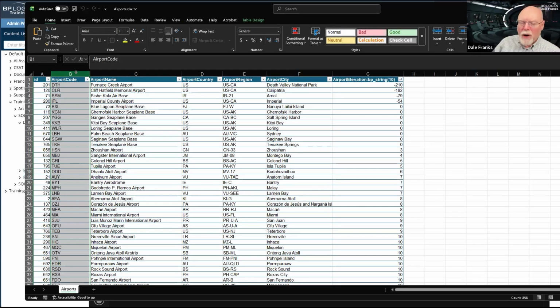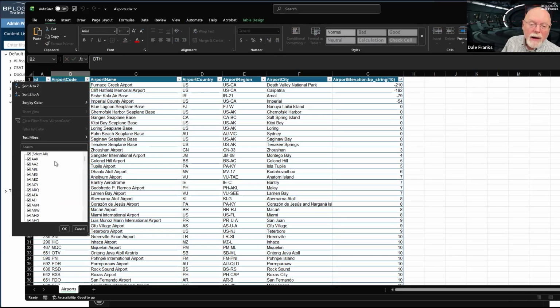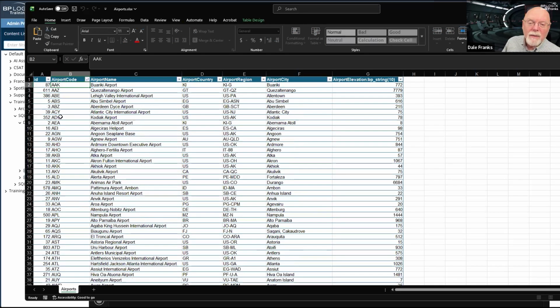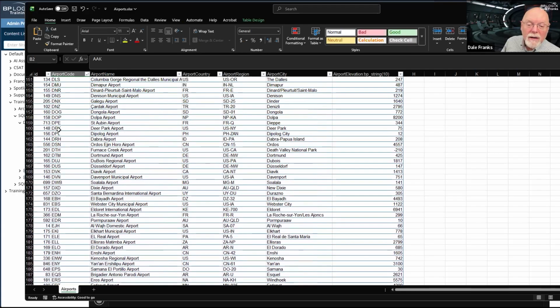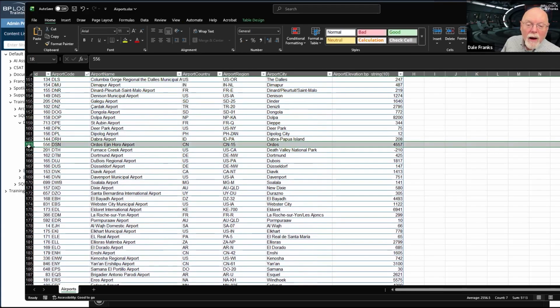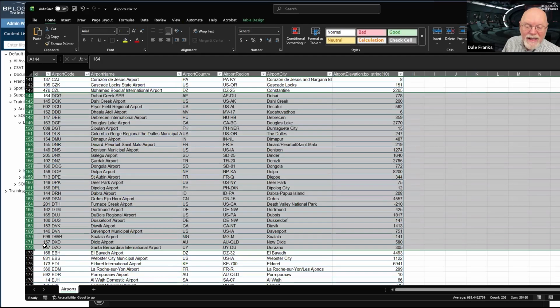And that means that whenever I run a query, if let's say I say return, I just want to see the information for Furnace Creek Airport. So return everything where the airport code is DTH. Okay, it can do that. But it is going to have to, and let me see if I can sort this A to Z. So now that I've done that, we're going to have to go all the way down here to the D's. And okay, so here are all of my D's, or here's a large proportion of them anyway. No, I guess this is all of them. So these are all of my D airports.